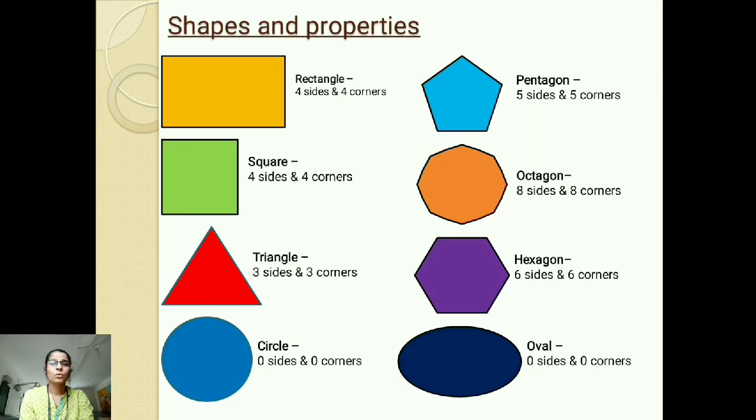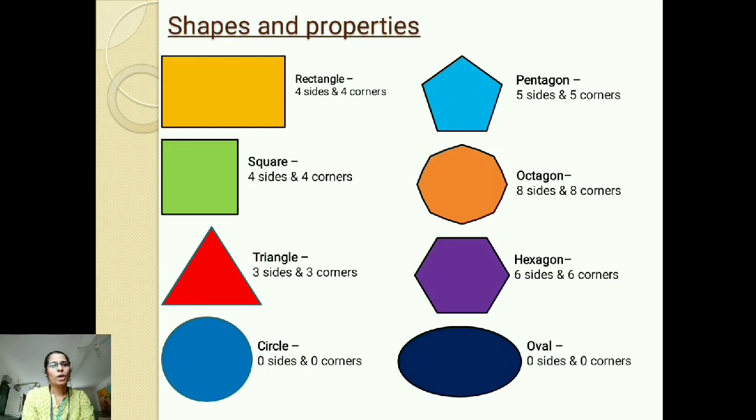Now here we have 2 other shapes, that is circle and oval, which have no sides but a curved edge which is enclosed into a closed shape. So a circle and an oval. Oval, what is the best example of oval? Yes, everybody knows it. Egg. Egg is the best example for the oval shape. It is also an enclosed shape, a flattened elongated shape. So we have seen all these shapes and their properties.